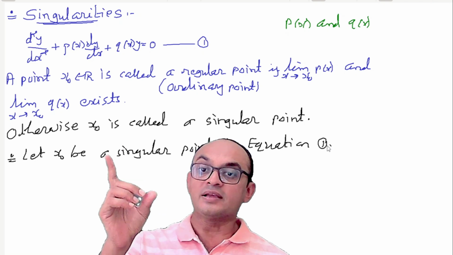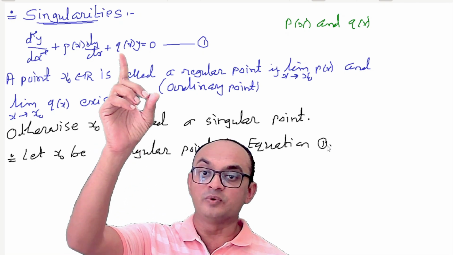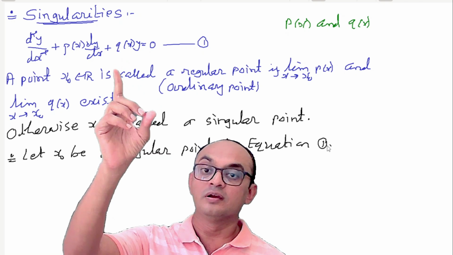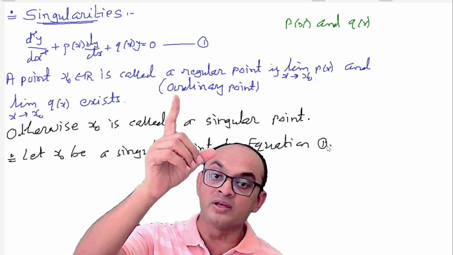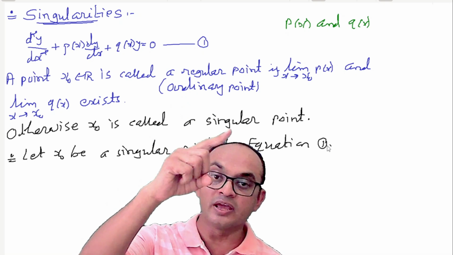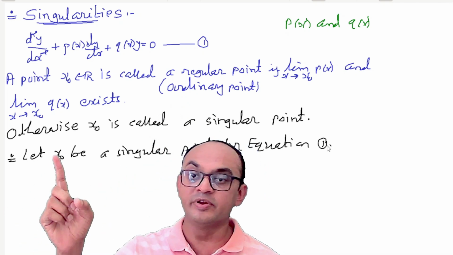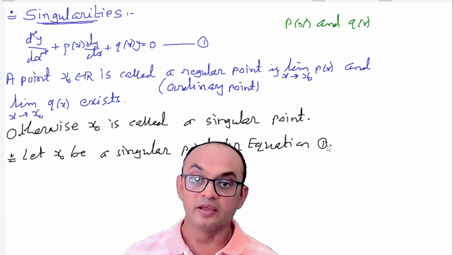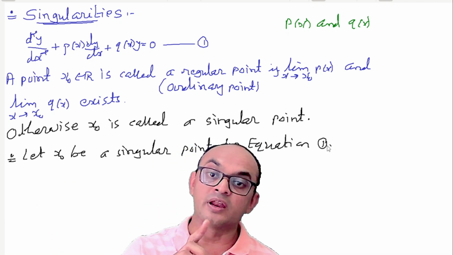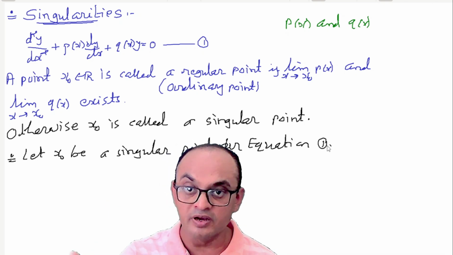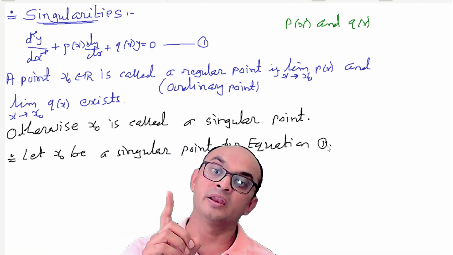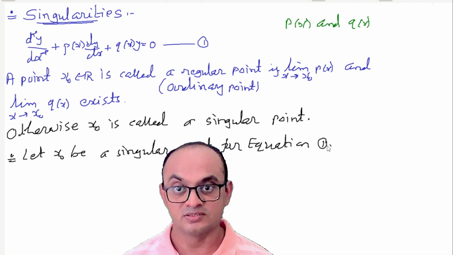What does it mean? It is not regular, it is not ordinary. It means either this limit does not exist or that limit does not exist. If any one does not exist, then also it is called a singular point. If both limits do not exist or any one limit does not exist,